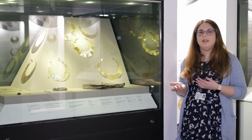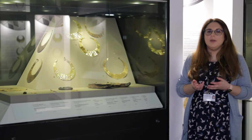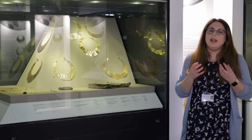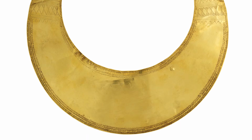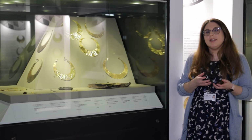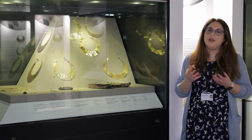travels through the underworld. However, even though the Sundisks and lunula date to around the same time, there has only been one incident where a lunula and pair of Sundisks were found together. This was the Colgabeg hoard, which was rediscovered in County Roscommon in 2008. The finding of the lunula and the Sundisks together suggests that they could have been worn or used at the